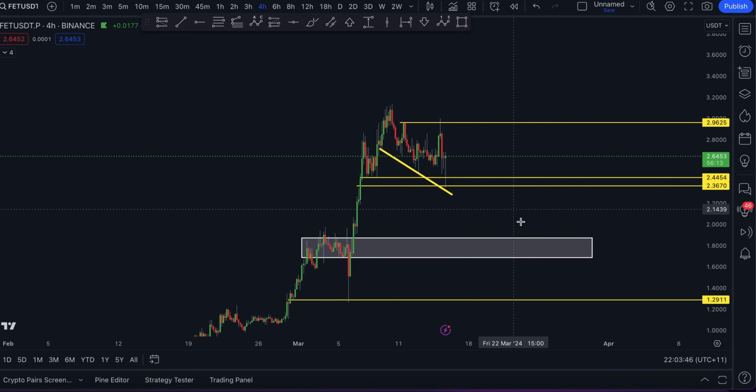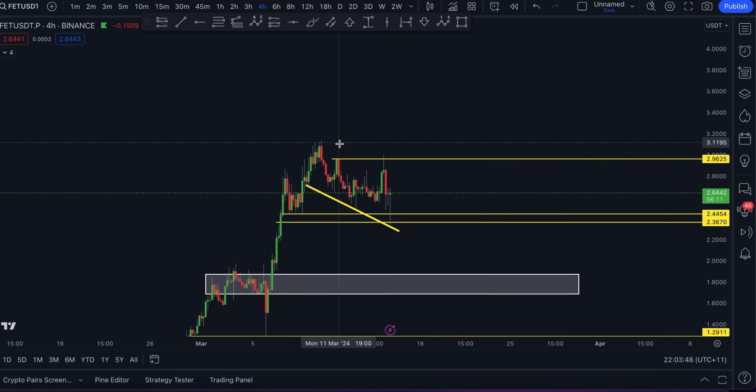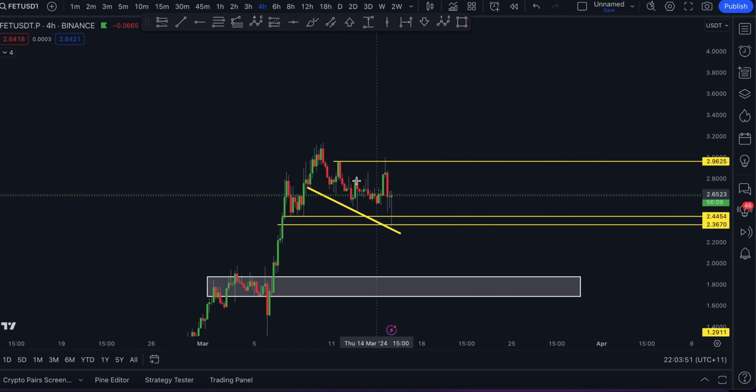So this was the reason why I entered. Clear wave counts in this region, a liquidity sweep on the 4 hour, a 1 hour support level, and trend line support. I had four reasons. So now